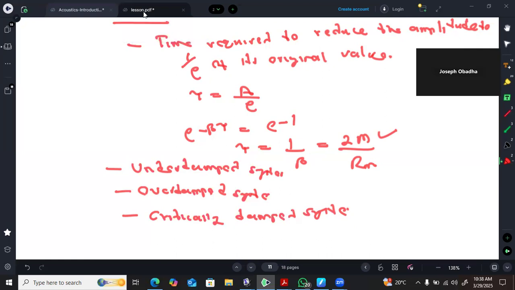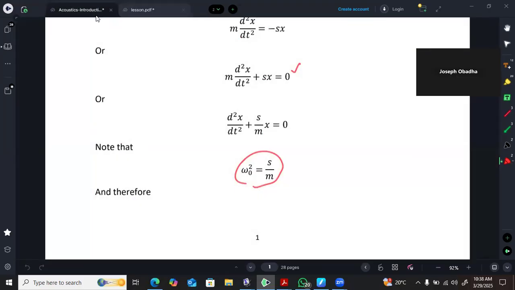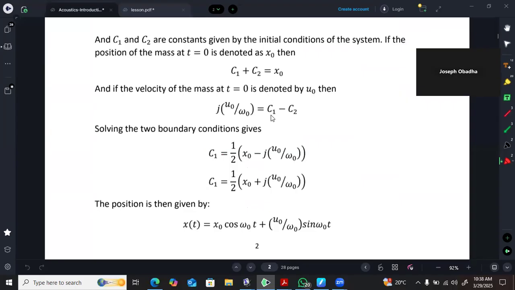So this part we have discussed actually. I've discussed